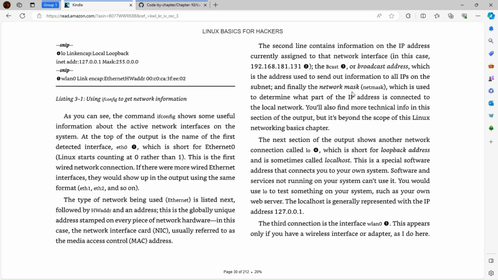And finally, the network mask, netmask, which is used to determine what part of the IP address is connected to the local network. You'll also find more technical information in this section of the output, but it's beyond the scope of this Linux Networking Basics chapter. The next section of the output shows another network connection called the LO,